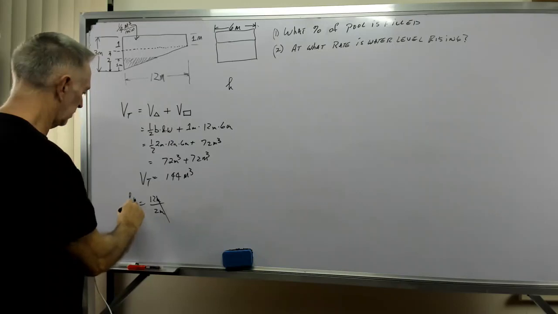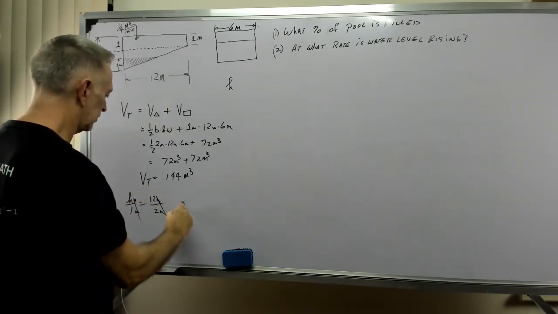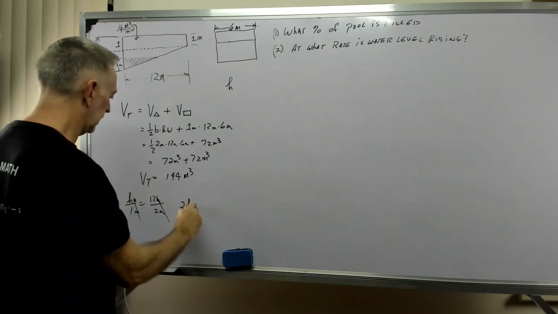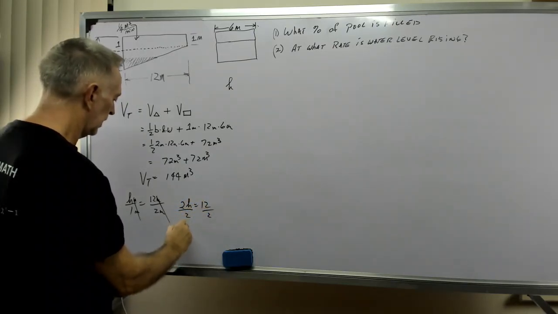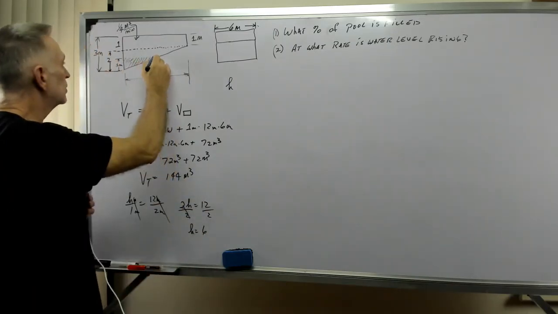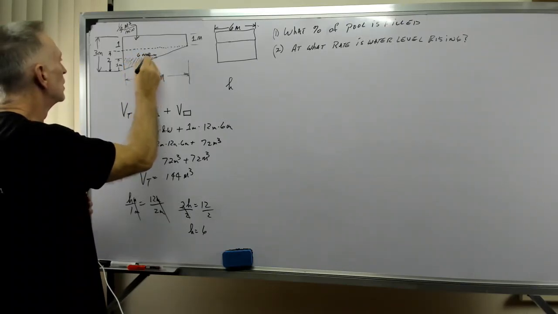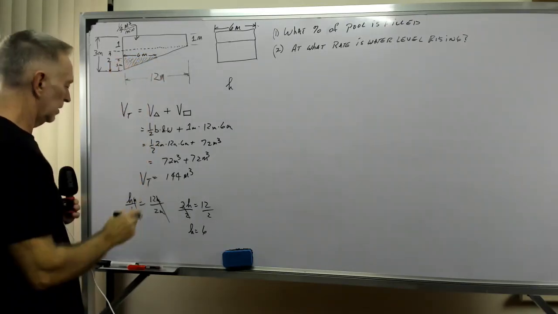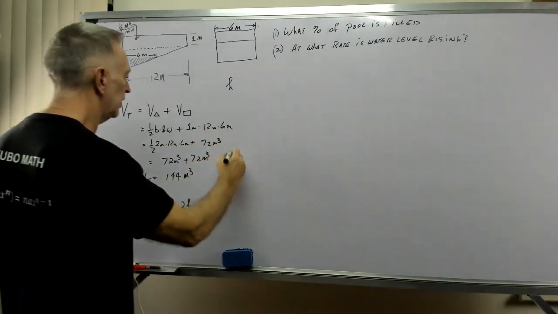Obviously all the meters cancel. So I end up cross multiplying. So 2h equals 12. Divide both sides by 2. So h equals 6. So this distance right here is 6 meters. Hey, now we're in business. Okay, so the volume that's filled,